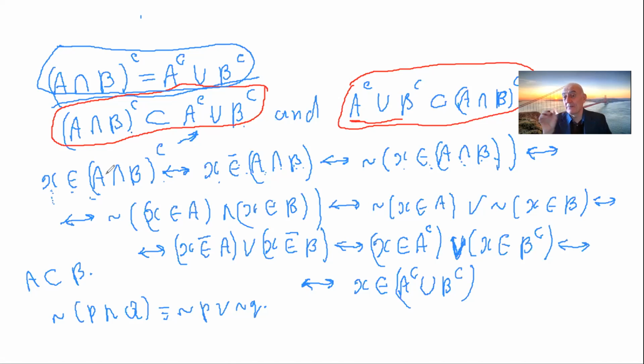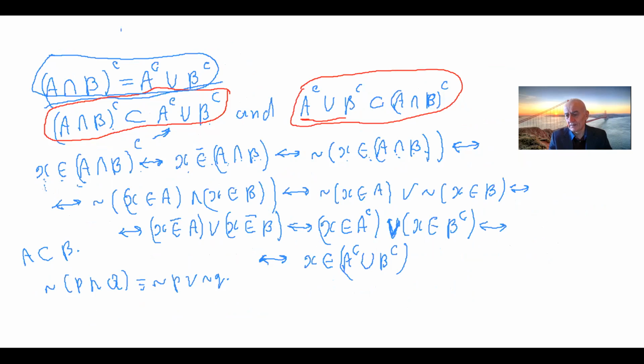Also, we have another method to prove set identities. And I will show it, I like it very much. Maybe you will like it. You can use both techniques to prove. So I will prove again this same De Morgan's law. Let's prove that the complement of A intersection B equals